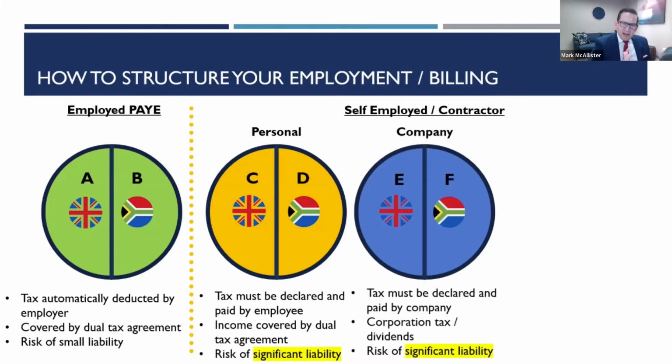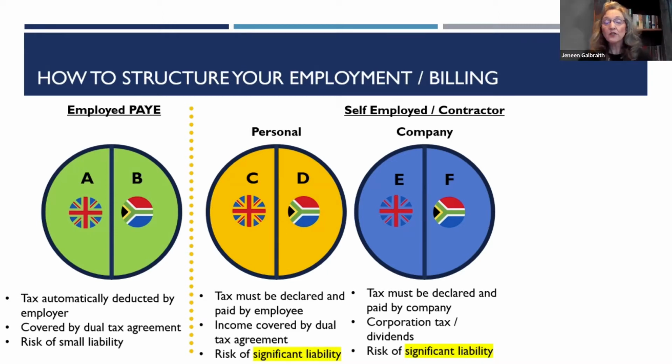Okay, so moving on then, the next scenario, E and F, would be to create a company somewhere around the world. The obvious ones that stand out are the UK or South Africa. And this is where things start to change, right, Jeneen? So now we've got a company that's a separate legal being, isn't it? It's a separate thing. So tax is now levied in the company, and we have to pay corporation tax. And if we want to get the money out, we can either pay ourselves a salary and pay income tax on that, or it's a dividends tax, right?